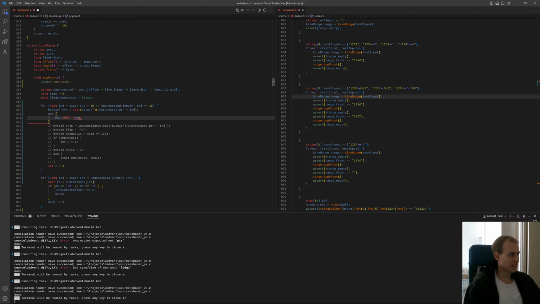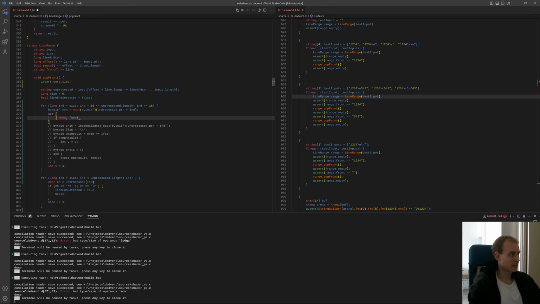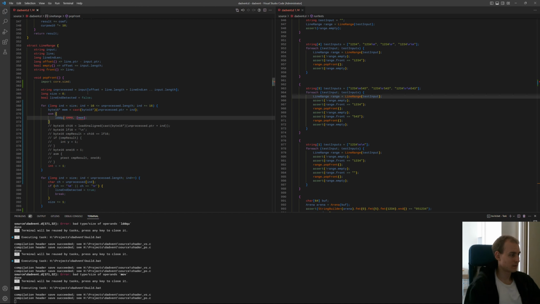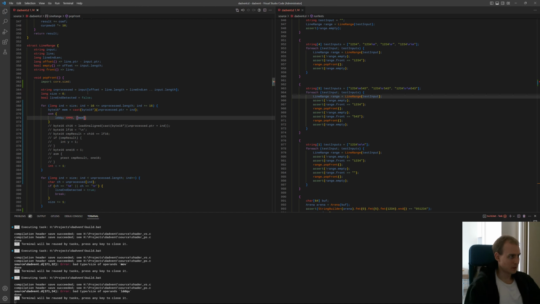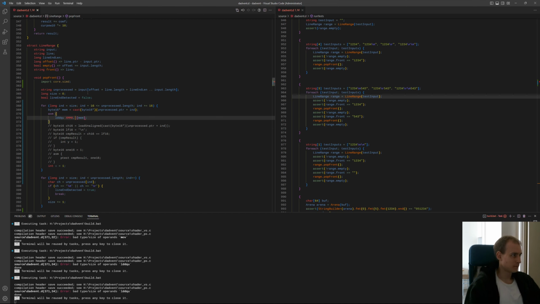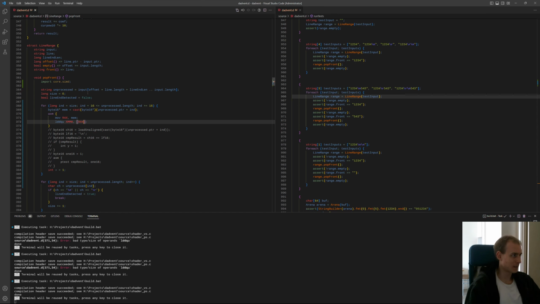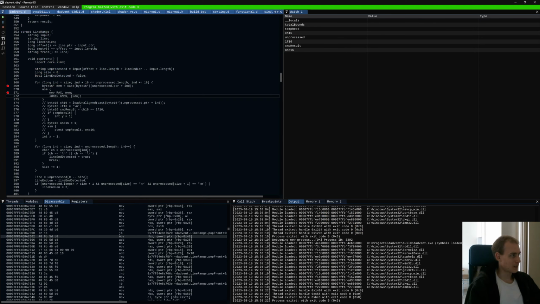XMM0. Does it need to be in brackets or something? No. I mean, this is the memory address I want you to load this stuff from. Just do it. Hold on. Is it going to do it if I hide it in the register? I mean, apparently. Okay, this is not amazing, but